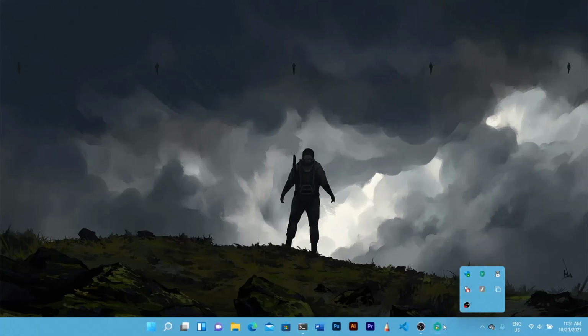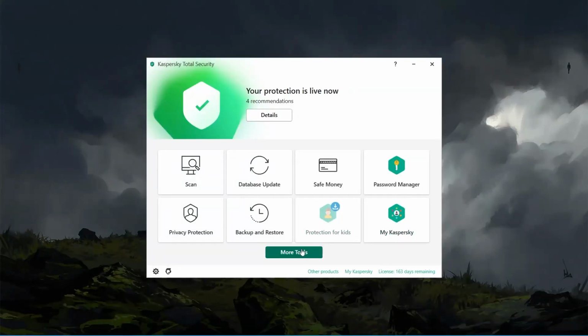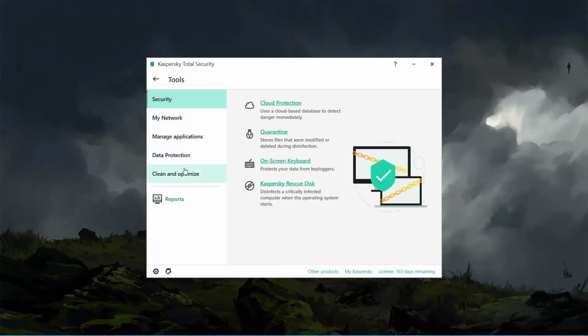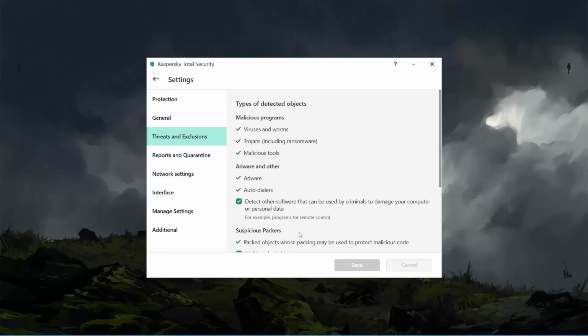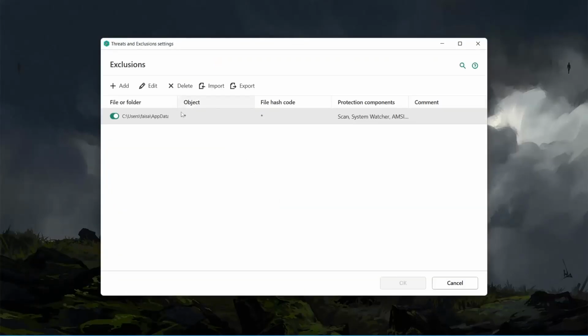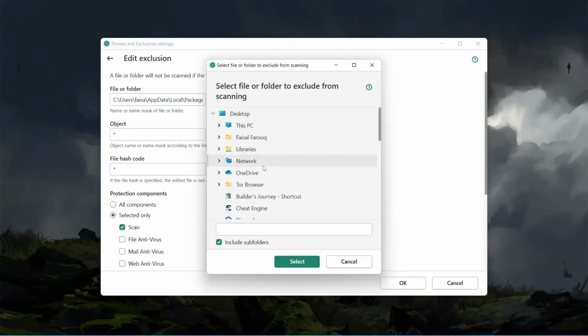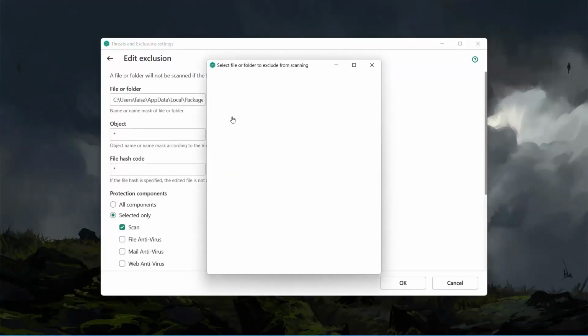So once it's installed, you want to open your antivirus. For example, I'm using Kaspersky. And you want to go to Settings and select Threats and Exclusions and then find the Manage Exclusions setting. Open it and add this. Actually, you gotta add the virtual hard disk as an exception, and the protection components that you want to disable,